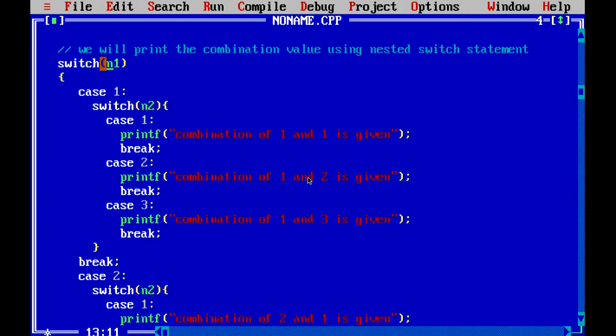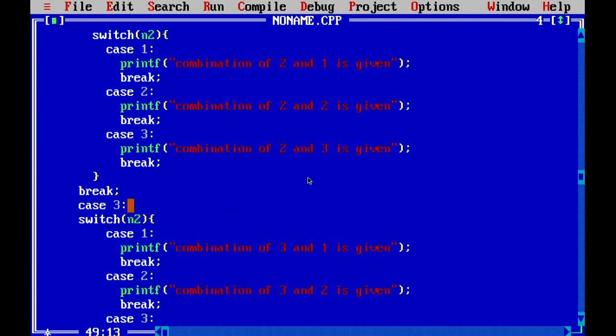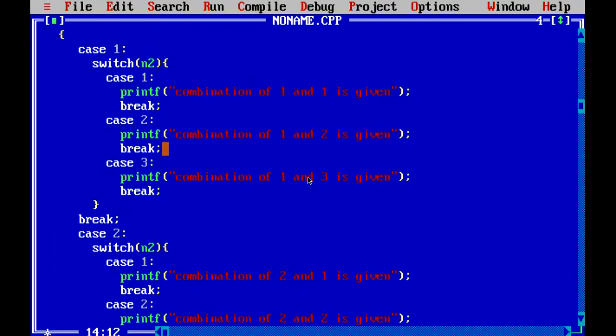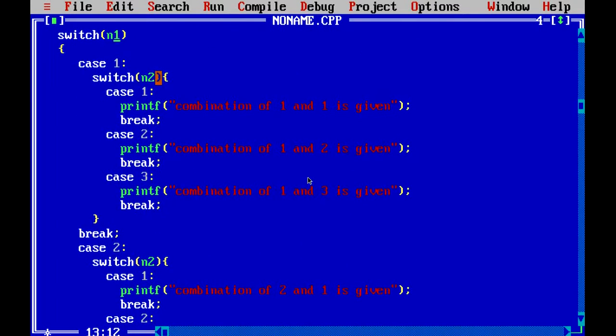On the basis of the n1 expression, case 1 is executing if the value of n1 is 1, case 2 is executing if the n1 value is 2, and case 3 is executing if the n1 value is 3. In the same way, in the switch statement for n2, if the case value is 1, then it is executing, and if the n2 value is 2, then it is executing case value 2.